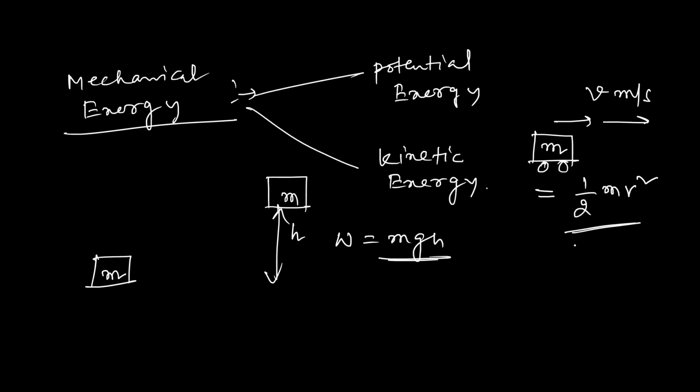What do you mean by heat energy? That means when an object is burned, right? When a combustible substance is burned, then you get heat energy. What do you mean by chemical energy? That means the energy stored in chemicals. Fuels are one type of chemicals where energy is stored in them. When you burn the fuels, you get the energy. You can even say that your food contains chemical energy. When your food is being digested, you get some energy, right?